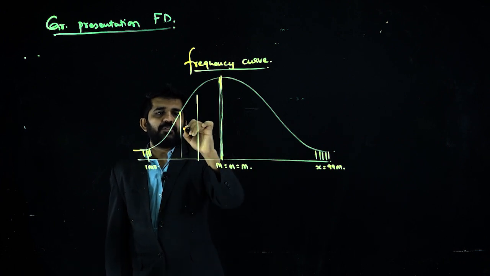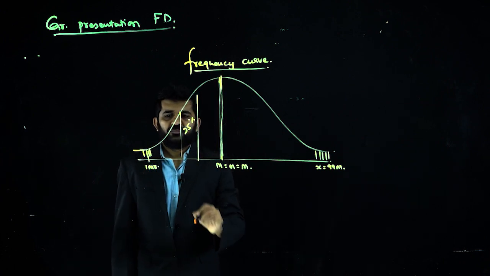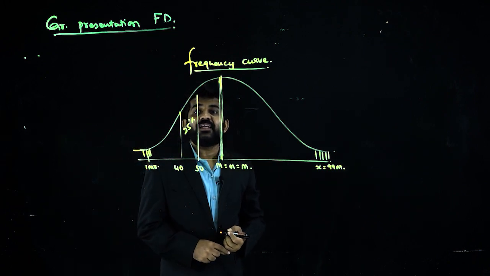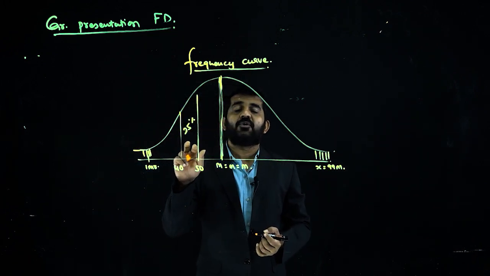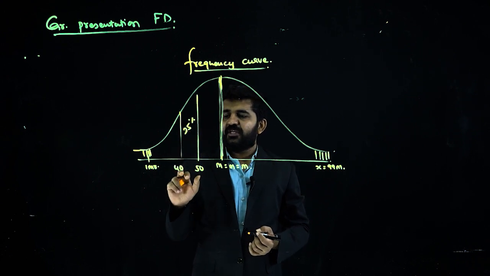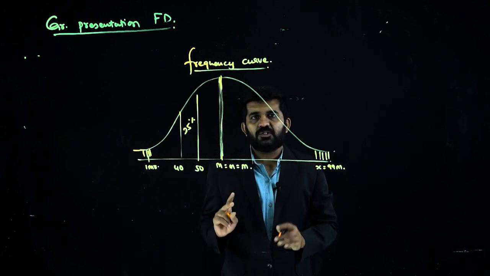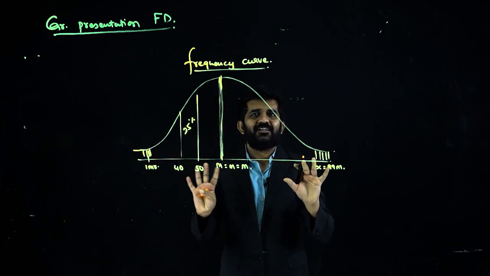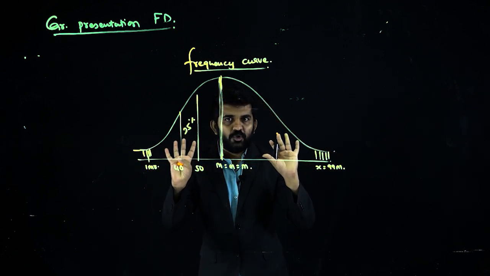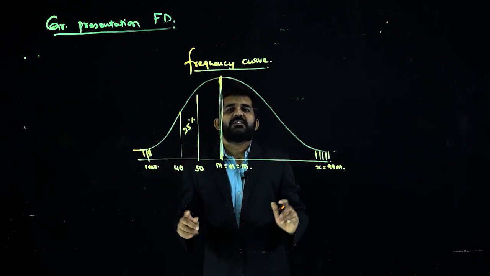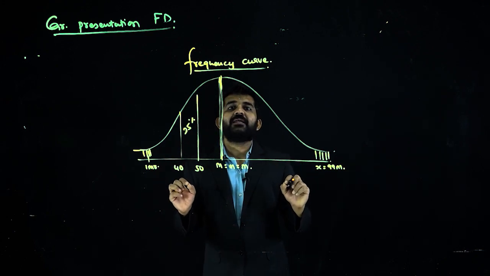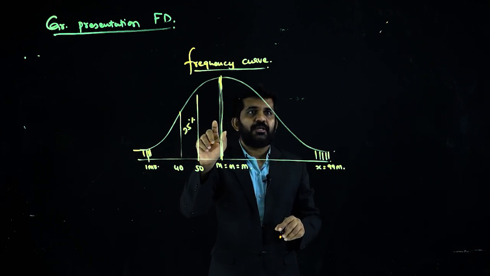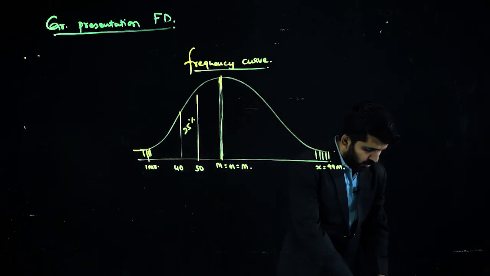Say this is 25%. If the marks are 40 to 50, then I can say that 25% of the data is between 40 and 50 marks. So this is how the graphical representation is made. We are not absolutely learning the normal curve, but try to understand that data can be represented in the form of a curve, and this is a bell-shaped or normal curve.